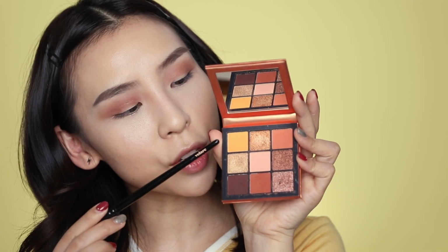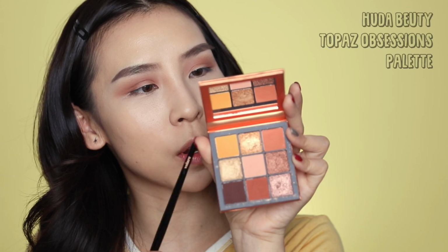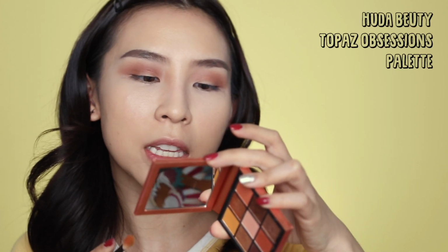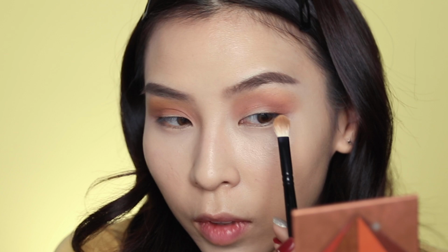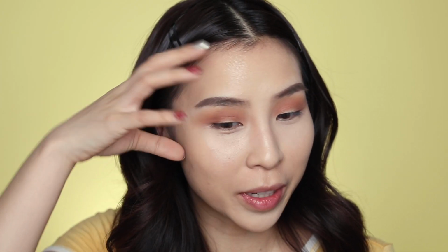I'm going to blend this orangey shade slightly above the color I just applied here. This is from the Huda Beauty Topaz Obsessions palette. Just gonna work it in slowly and really blend it through. Now this is looking a little bit high and kind of crazy, but I'm gonna go in and cut my